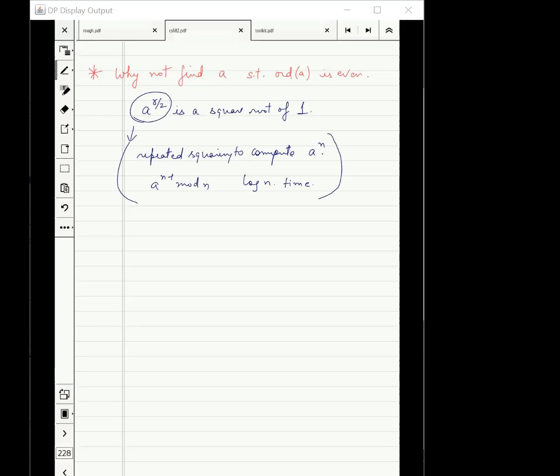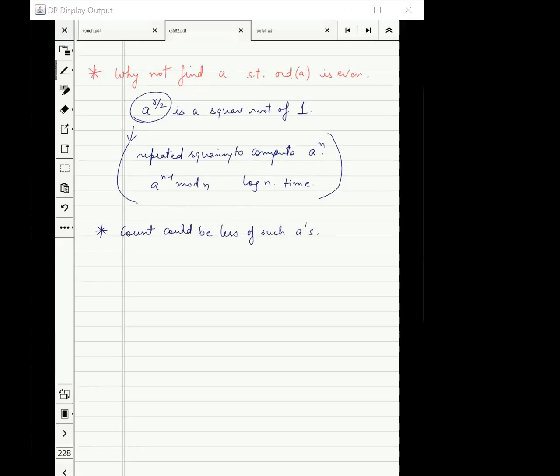But the problem could be, what could be the potential problem? Suppose I find an A, suppose I find that the order of A is even. What could still happen? The count could be less. Sorry, the counts can be less for such elements. Okay, good. That is obviously a problem. What could be other problems? a to the power r by 2 is plus minus 1 mod n. Right. Very nice, Vivek.